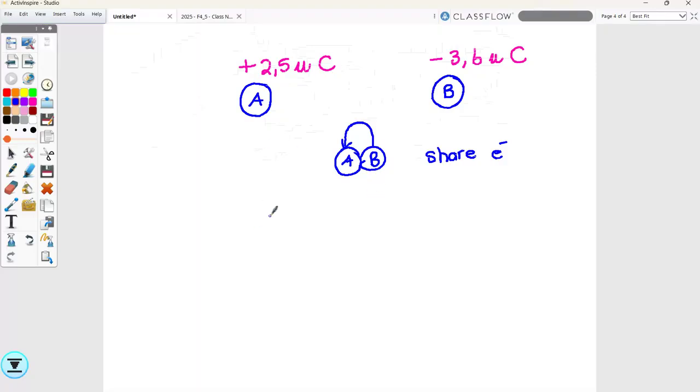How do I work out that new charge? Exactly. That's the quickest way of doing it. We're going to add them. We're going to say plus 2,5 minus 3,6 divided by 2. And that gives me